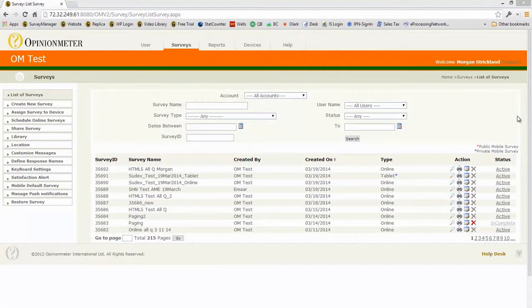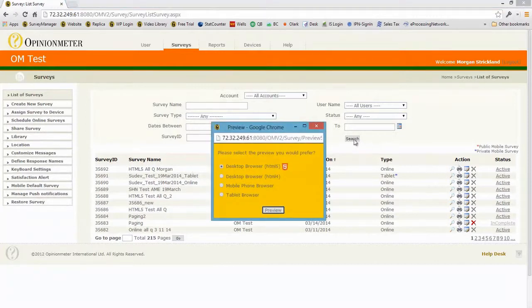for HTML5, or better yet, a browser-based survey, because of course Opinionmeter has survey apps, kiosk surveys, paper surveys, and browser-based surveys. So our browser-based technology supports optimized surveys for mobile web, for a smartphone or a tablet, as well as for desktop browsers. So let's look at this first survey here, HTML5, AllQ, Morgan, and you'll see when I